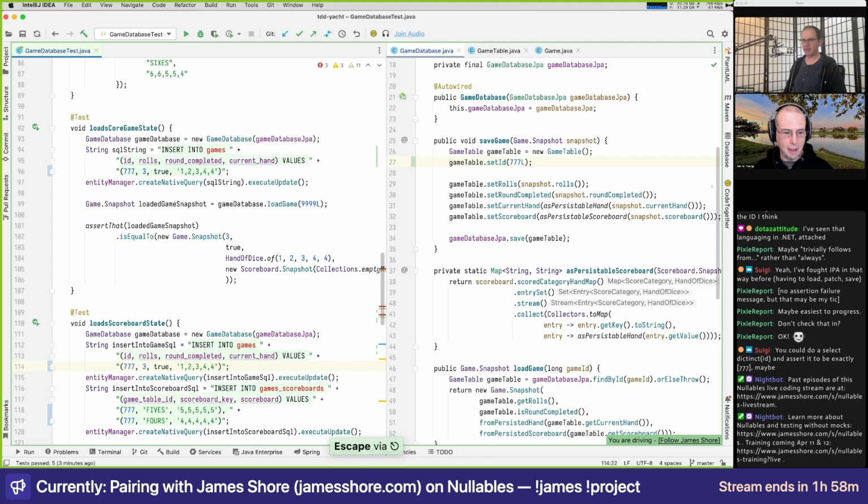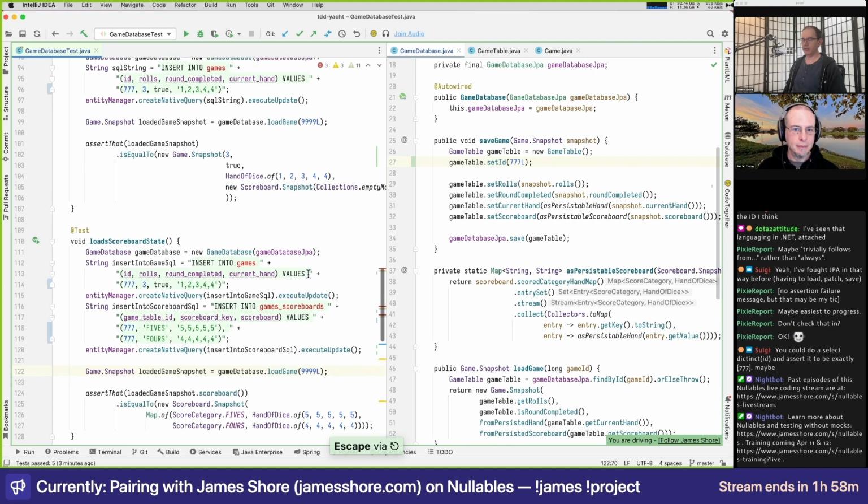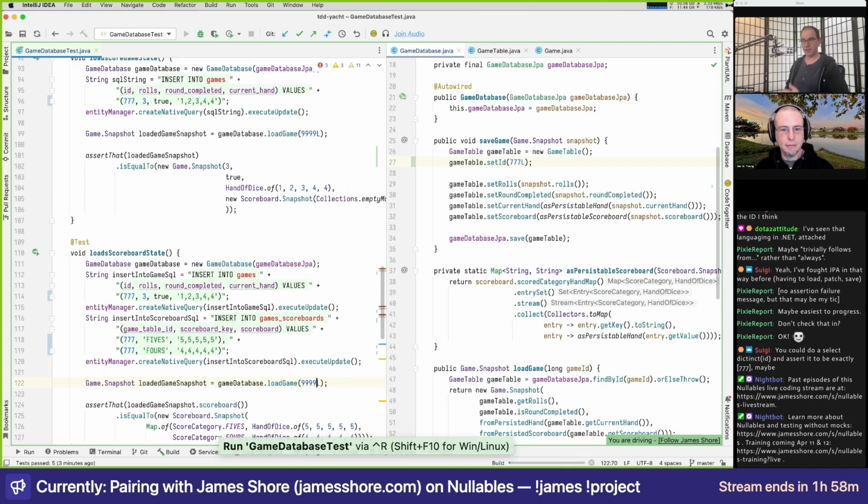I think that's everything that we've got that has a hard-coded ID. Those are the only two occurrences. So if we run that, it should fail because it's not going to find it.